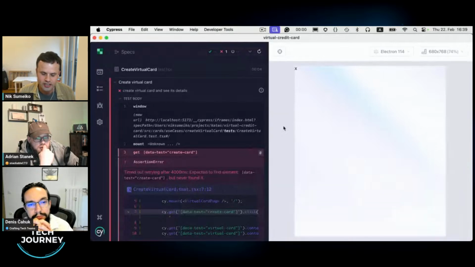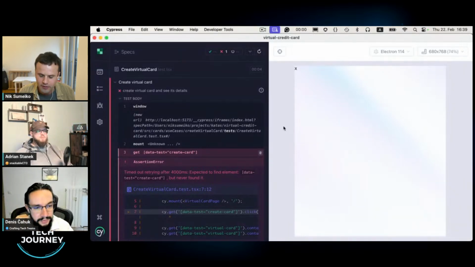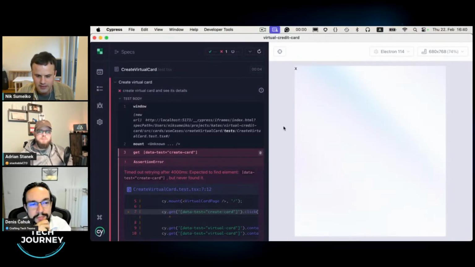But I already have a test in place. And this test actually gave me a clear understanding of what to build before I wrote any production code. This is the beauty of test-driven development. You write one acceptance test, and you think about what the desired outcome will be. And this forms in your head as understanding.